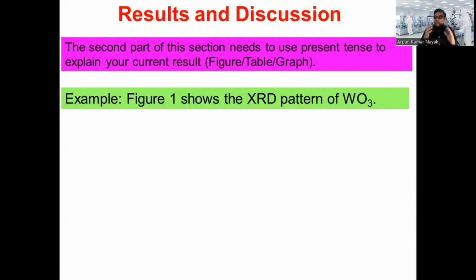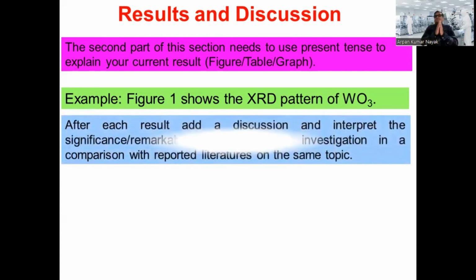The next thing we will do, and this is your result. The figure 1 that you got, that is your result. Now for each result, always try to put a discussion. What type of discussion? What is important is, as I told you, how your work